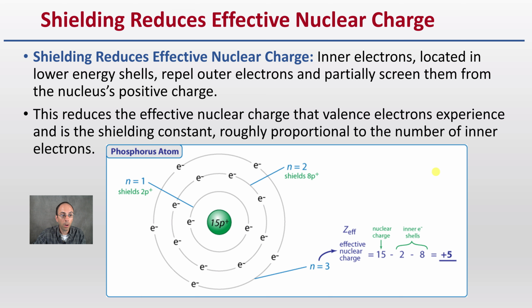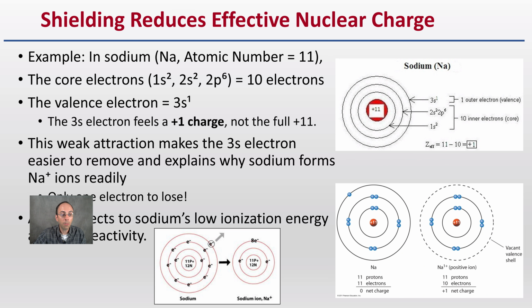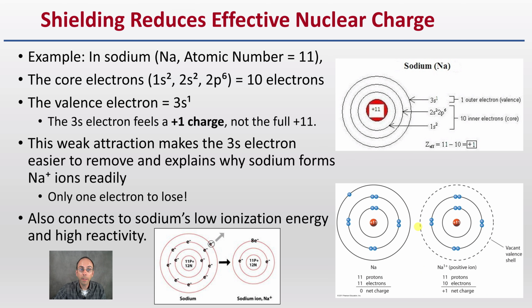We see this atom here of phosphorus. You can see its multiple rings here. We see just some examples here of the nuclear charge, the inner electrons, and essentially the calculation steps for the effective nuclear charge. Now with that shielding, again, reducing that nuclear charge, here's an example looking at sodium,